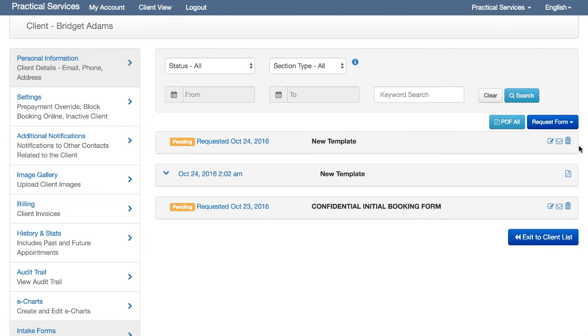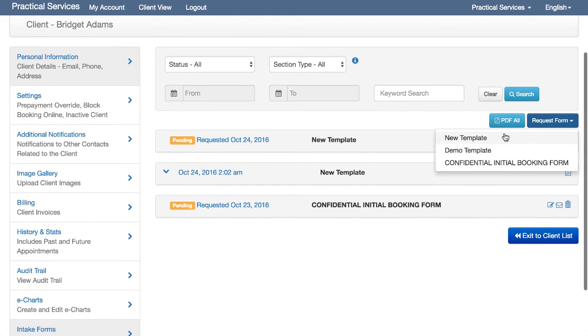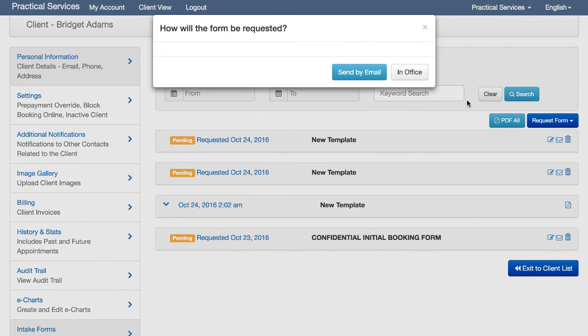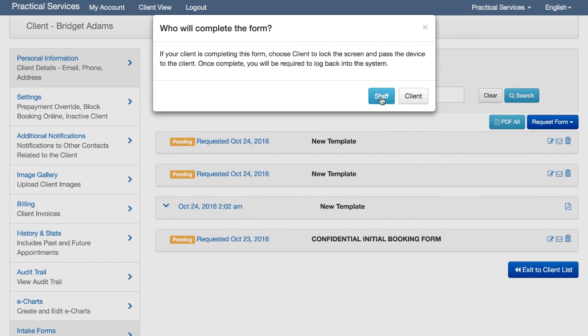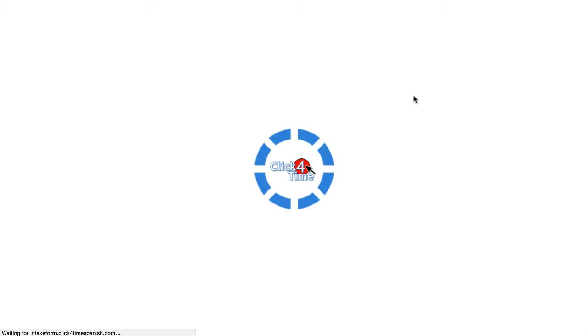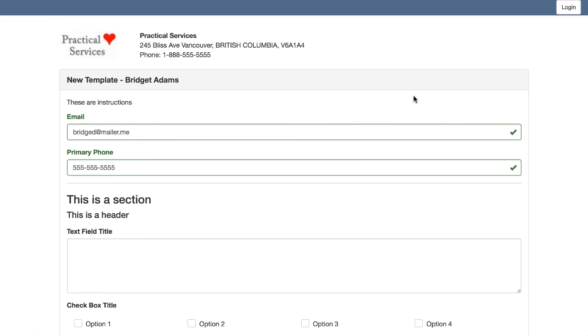If you choose in office, you'll then need to select who's completing the form. Staff: the receptionist or service provider is completing the form on behalf of the client. Now, this would be rare, but possible with an elderly or technophobe client. Client: the client will be provided a device, maybe a tablet, to complete the form in the office.